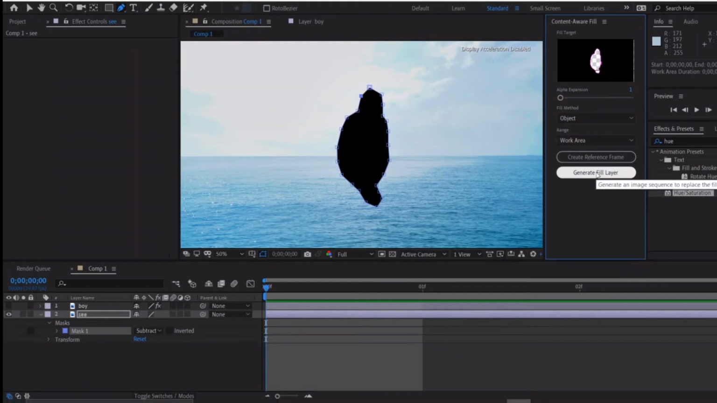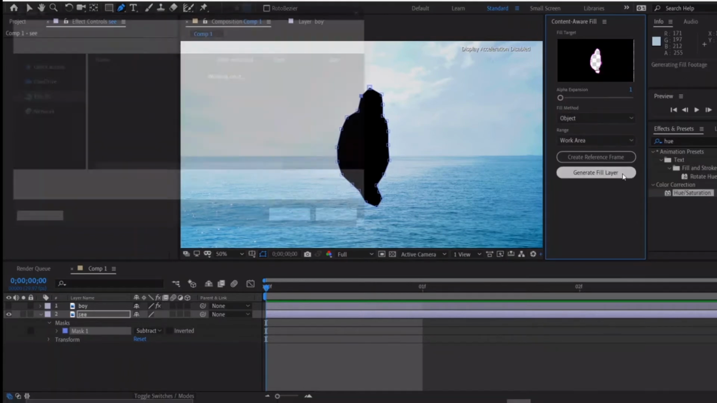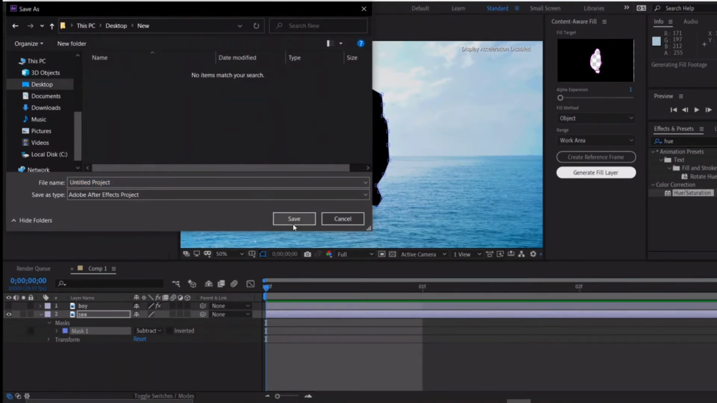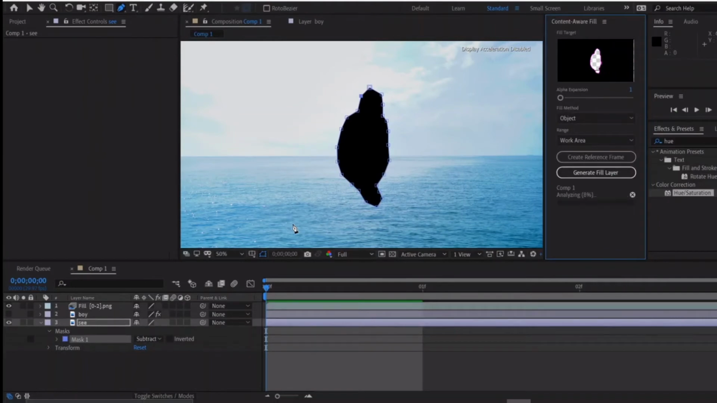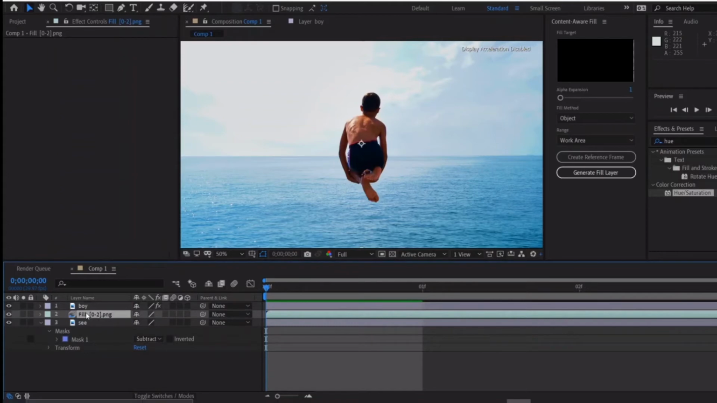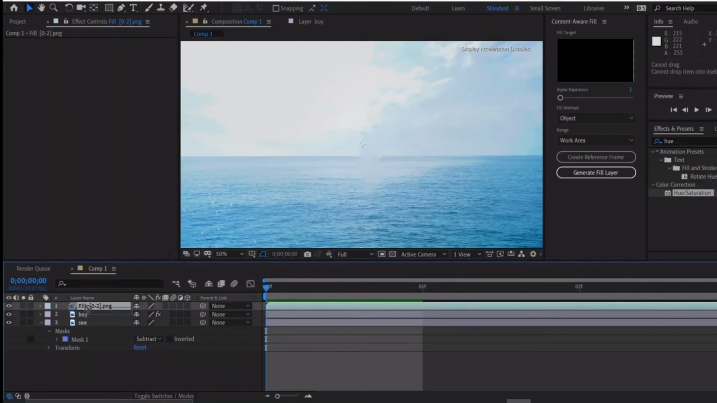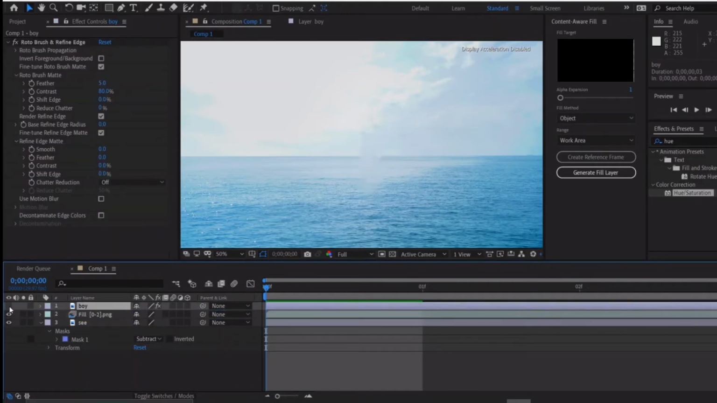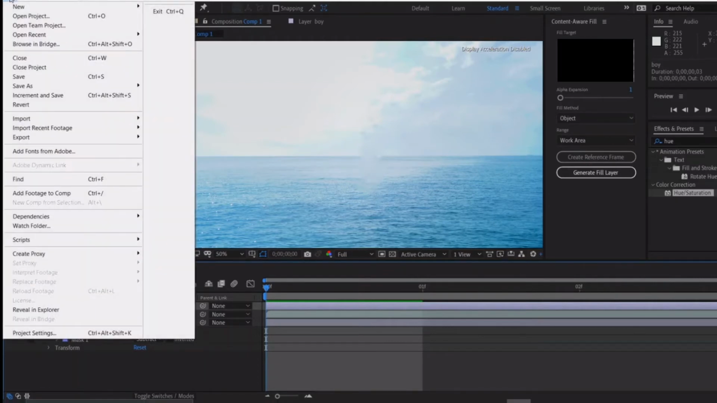What this does is generate a fill layer. It will ask you to save it. It doesn't matter, you save it with any name. It really doesn't matter. It will show up in your layers. So you can see the boy is now removed, the boy layer. And if we set the fill layer under the boy, we can see that the boy now appears. So now let's hide the boy layer. We just need to leave the fill and